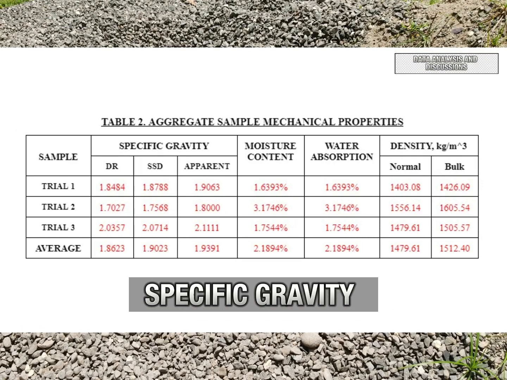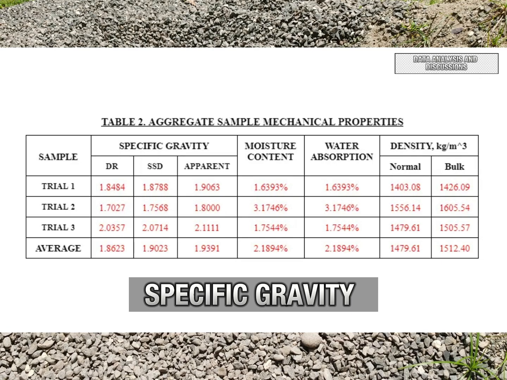For the discussions in the specific gravity, the average of the 3 trials for the dry relative of the coarse aggregate sample is 1.8623. That value indicates high porosity and may have a high water absorption capacity. In the saturated surface dry, wherein the aggregate has been submerged in water and has allowed water to seep into